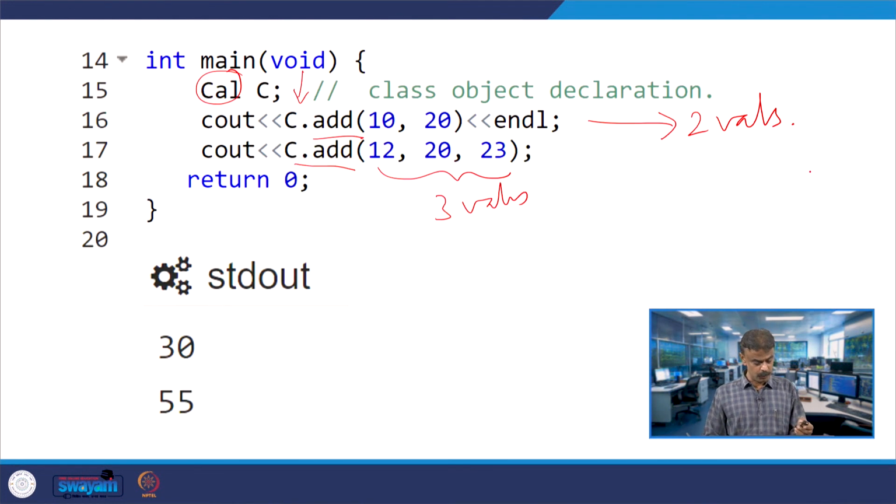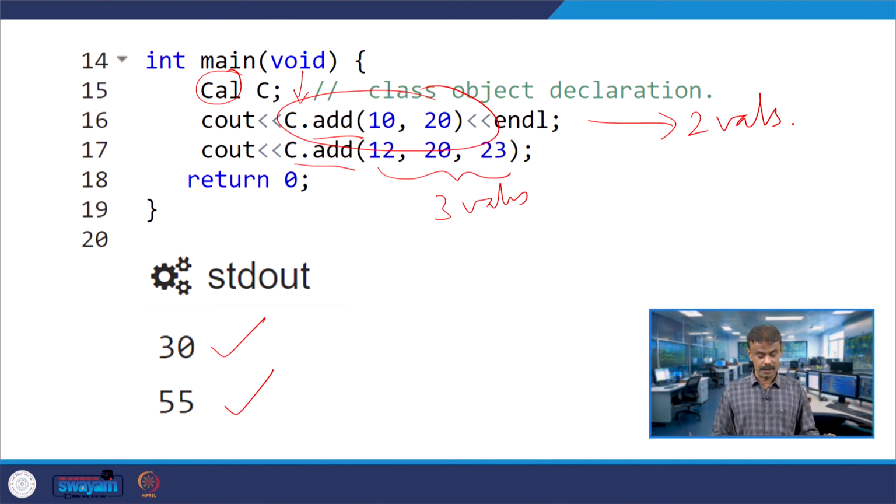So, if you look at the output, you are getting 30 and 55. Now the question is how it is being chosen. When this object c is invoking add with 10 comma 20, the compiler will decide during compilation time.